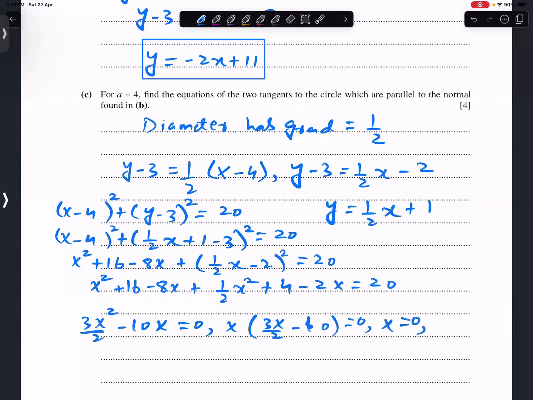So x is either 0 or 3x over 2 minus 10 equal to 0. So that means x is equal to 20 over 3. Let me check. Either x is equal to 0 or x is equal to